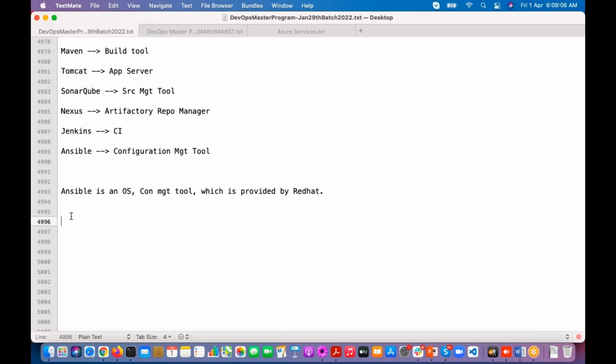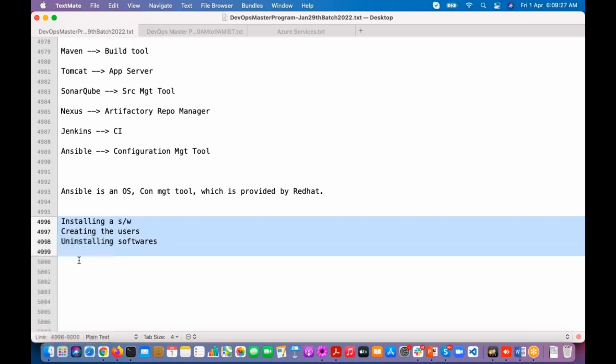It's installing software, creating users, uninstalling software. These things we are going to call configuration management.